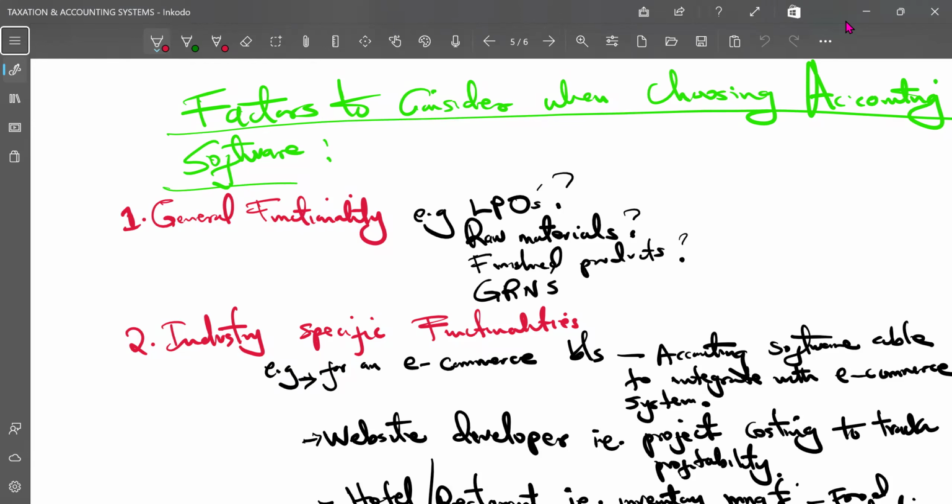Now, you know, I know, and we all know that there are lots of accounting systems that vendors are selling out there. Most of us, we've interacted with a lot of systems with very many different names. But as I mentioned before in our previous discussion, I reiterated that the name of an accounting system really does not matter. The most important thing is to look at the functionality and how best it handles your industry specific processes and your needs as a business person.